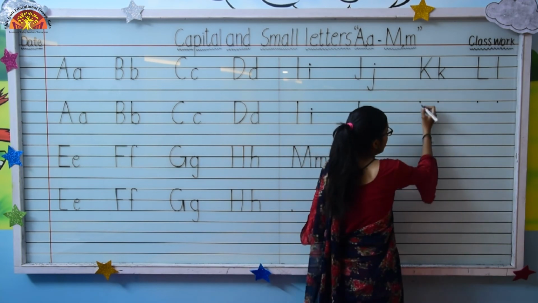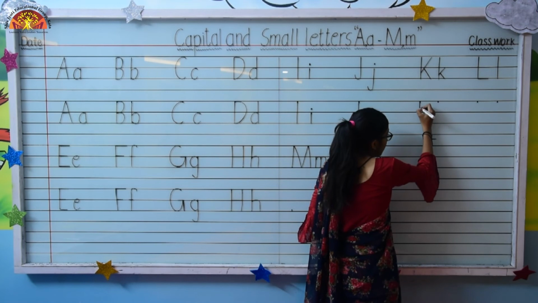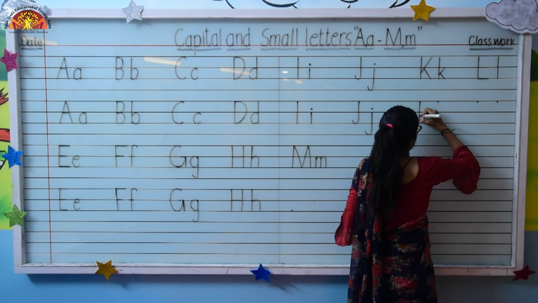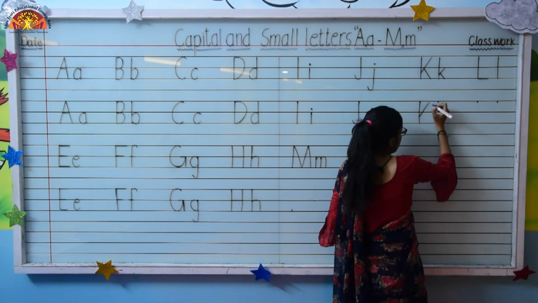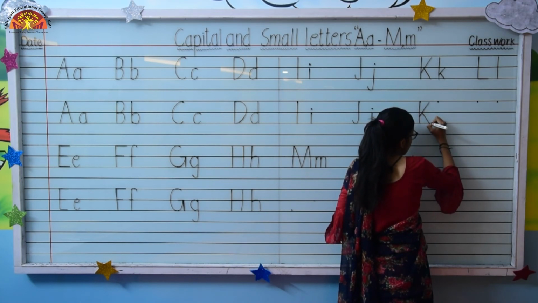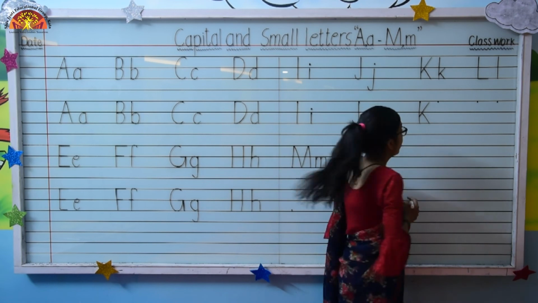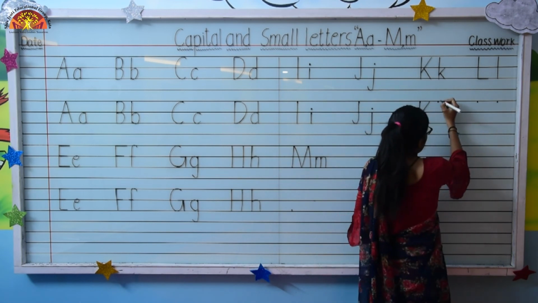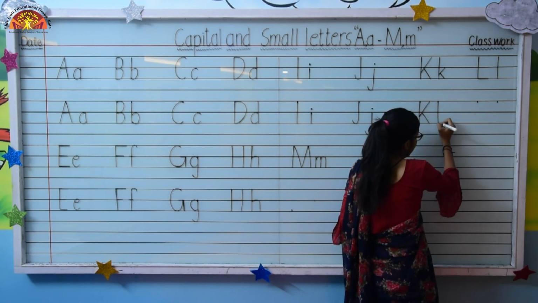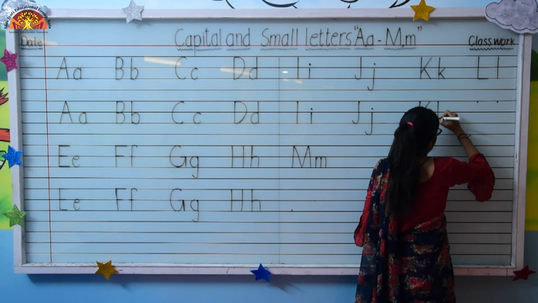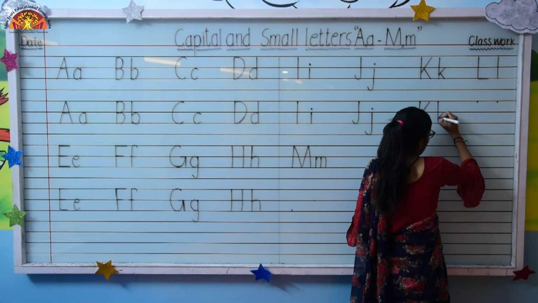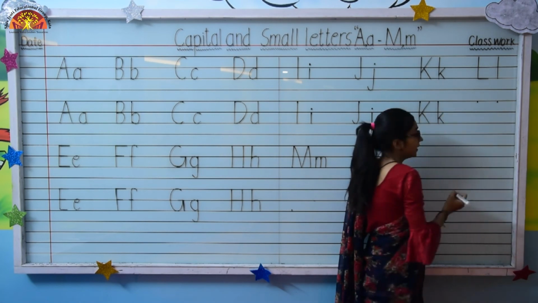Okay. Now this is capital letter K, this is small letter k. Let's draw first capital letter K, standing line, then slanting line from here, touch it, and from here one more slanting line. And you have to touch this line properly. Okay. Then kids, small letter K. So standing line like this. Now from here you have to draw slanting line. One more small slanting line like this.